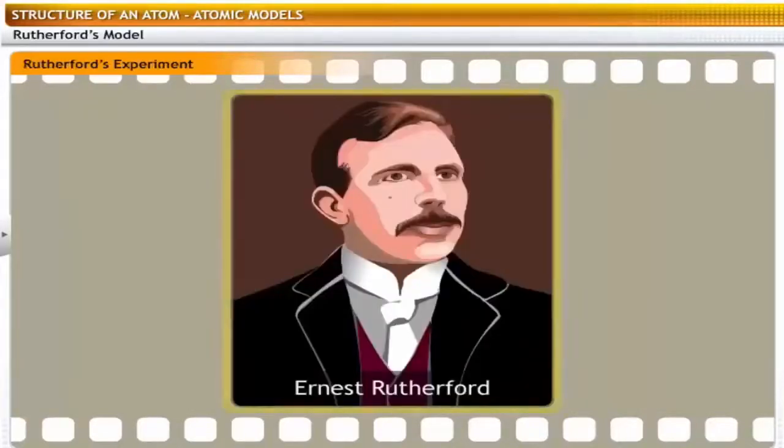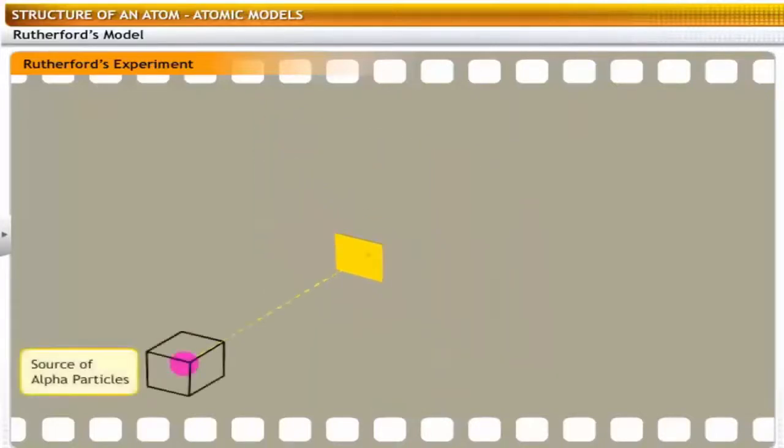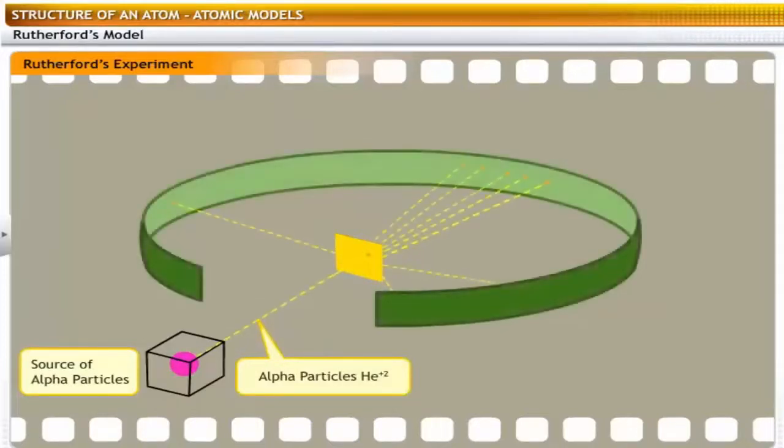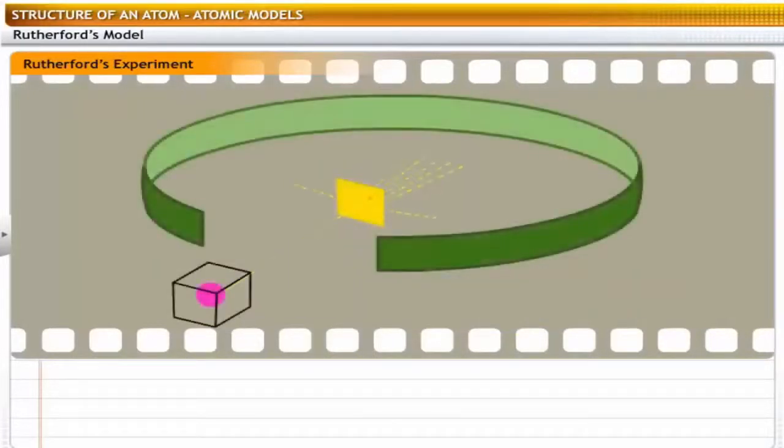Thomson's student, Ernest Rutherford, conducted an experiment using gold foil, which disproved Thomson's model. For his experiment, Rutherford used a gold foil which was about 1,000 atoms thick. He made a narrow beam of alpha particles fall on the gold foil. Alpha particles are doubly charged helium ions and have a mass of 4 atomic mass units. The result of the experiment was unexpected, as it did not follow the structure of an atom as known to scientists at that time. Rutherford found that